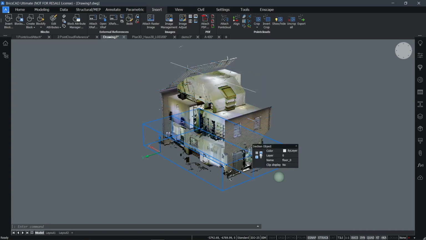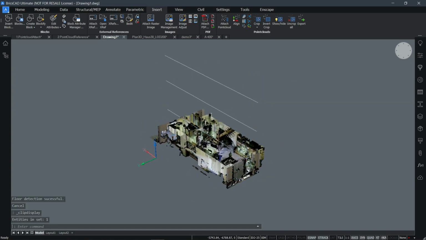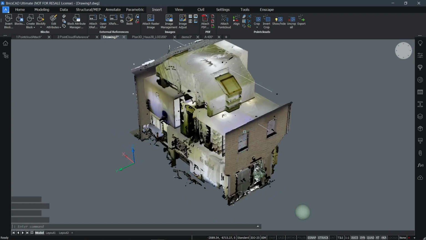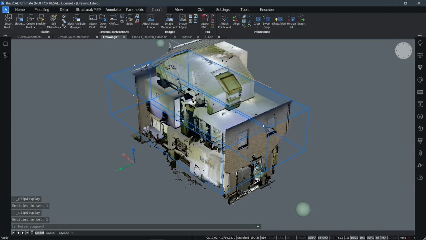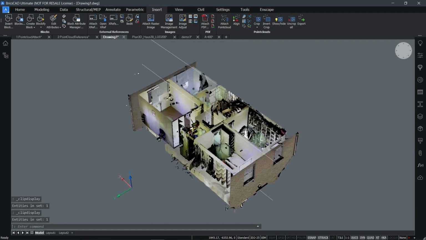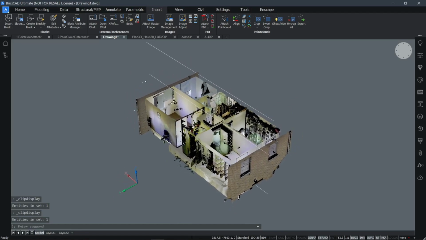Like this, you can double click on it and take a look inside your point cloud as well. It's easier to navigate throughout your point cloud using these clip volumes. Just click on and off to have a certain level displayed, and then you can work on it some more. All right,